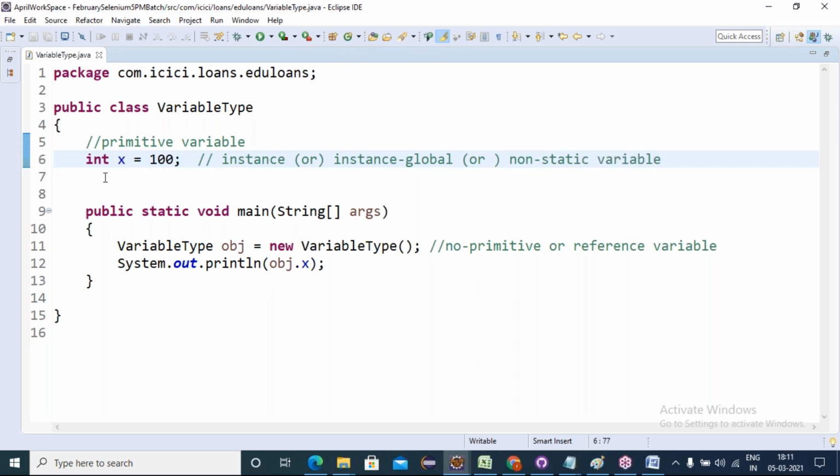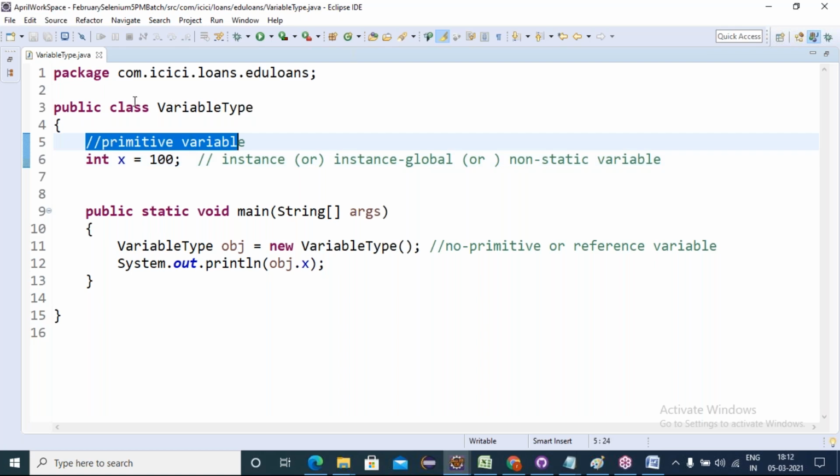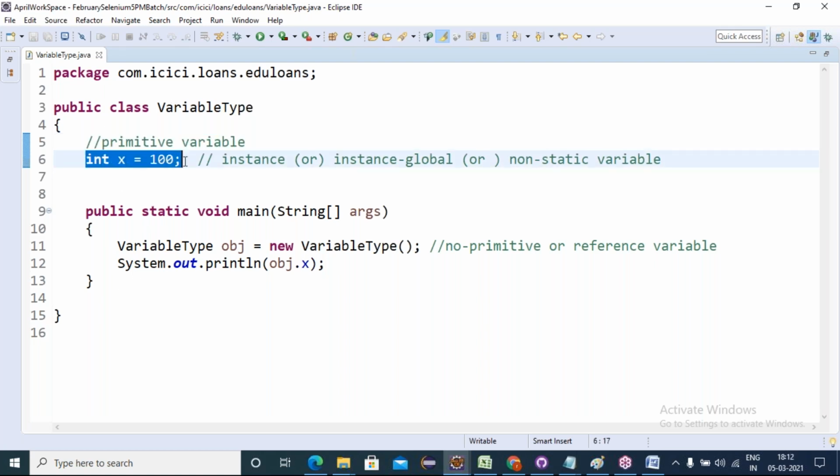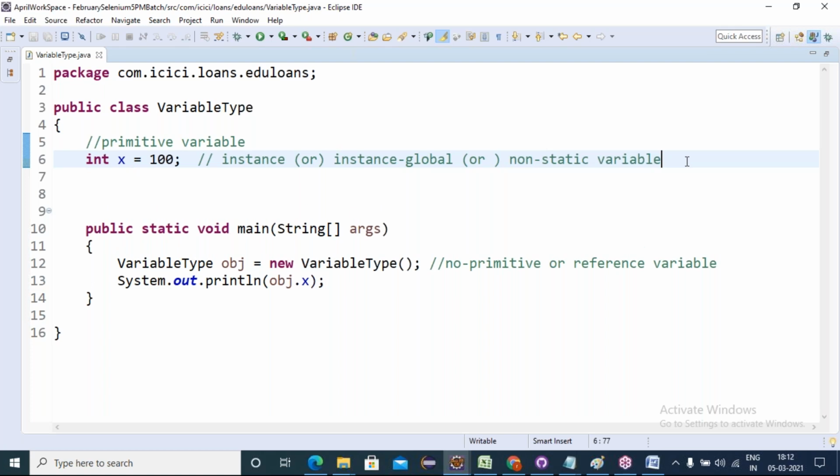So a primitive variable defined inside the class, outside the method, we call an instance variable or instance global variable, or also a non-static variable, because there is no static keyword for the variable. That's why we can call it a non-static variable also.